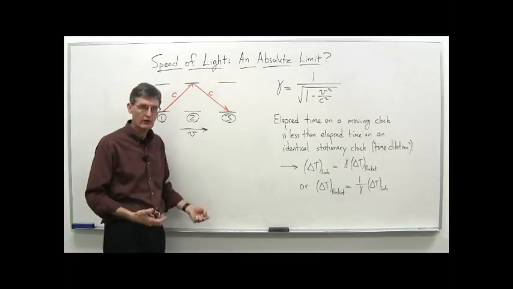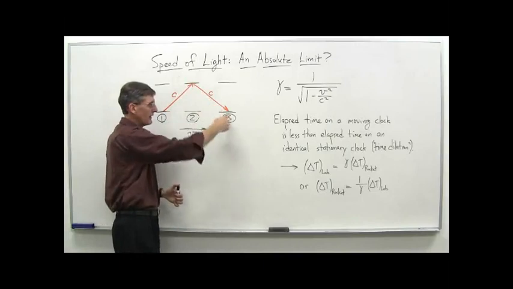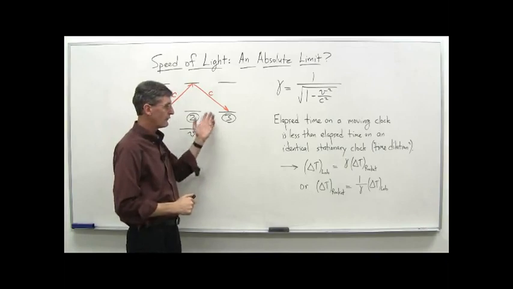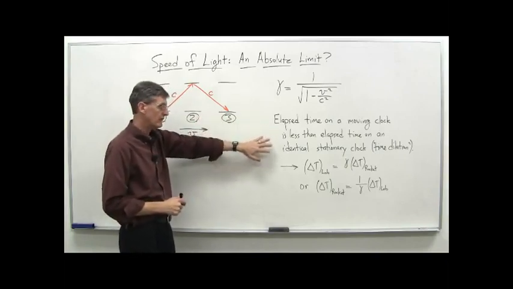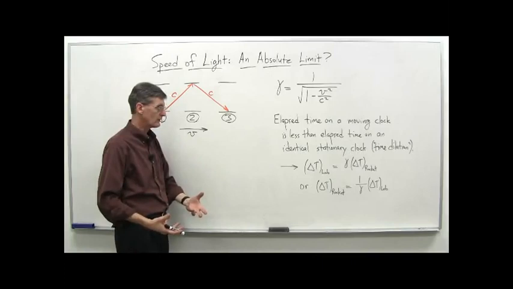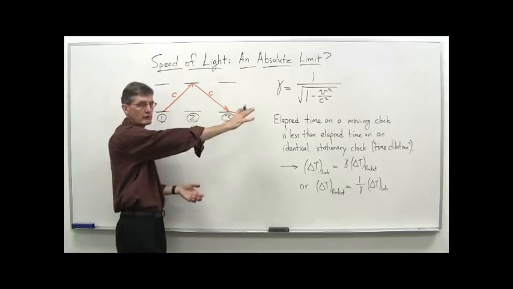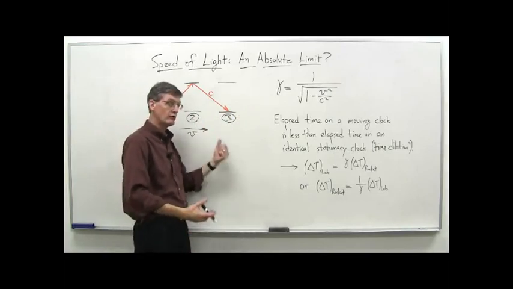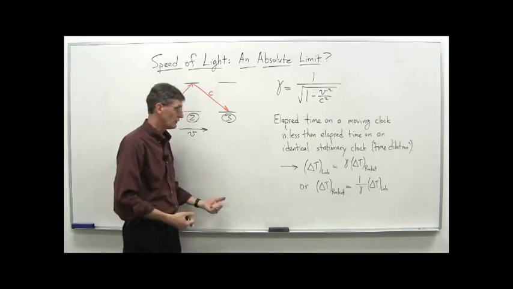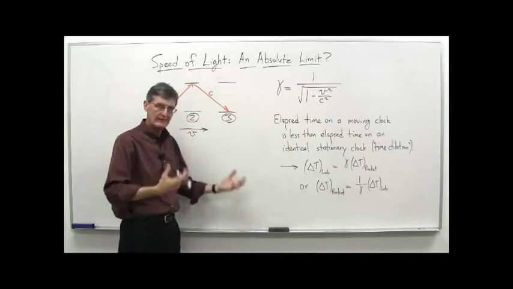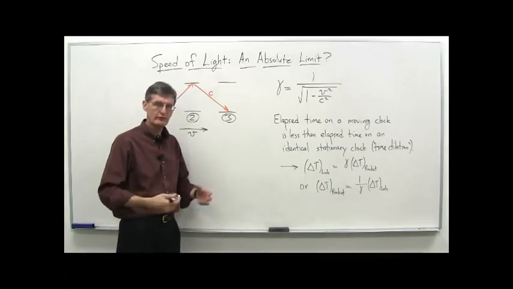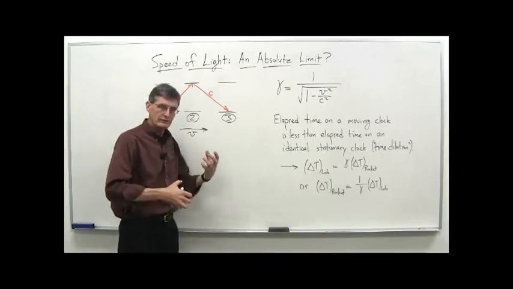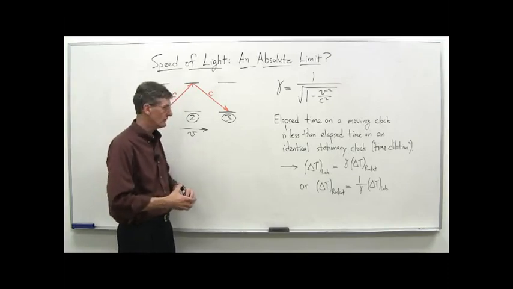Each tick takes a longer time along this diagonal path versus our just up and down path with our identical light clock. And therefore the elapsed time on a moving clock is less than the elapsed time on our identical stationary clock. So this is us observing Bob's clock going by. Remember, Bob is just sitting there with his clock. It looks fine to him, and he's viewing our clock as running more slowly than his. And again, it all goes back to the two basic principles that Einstein enunciated, and the fact that simultaneity and clock synchronization are relative.